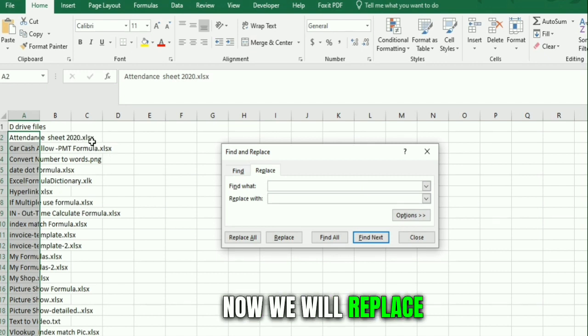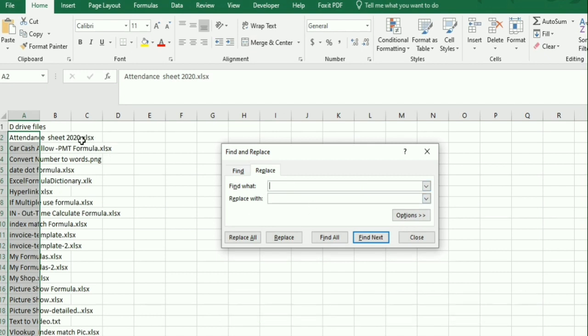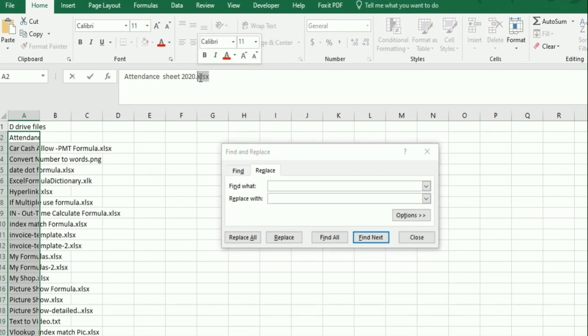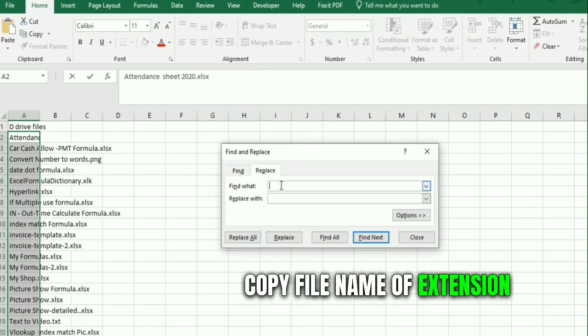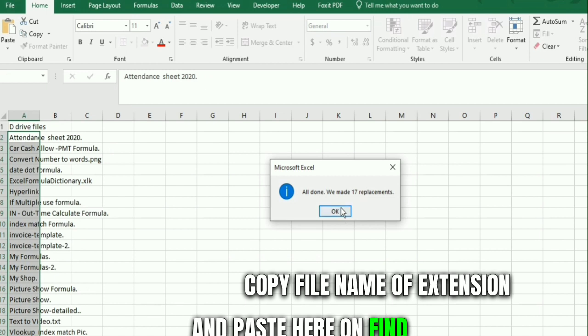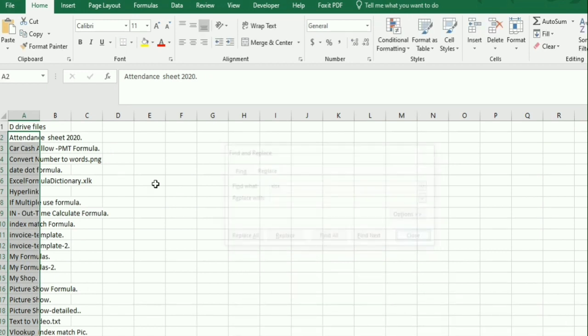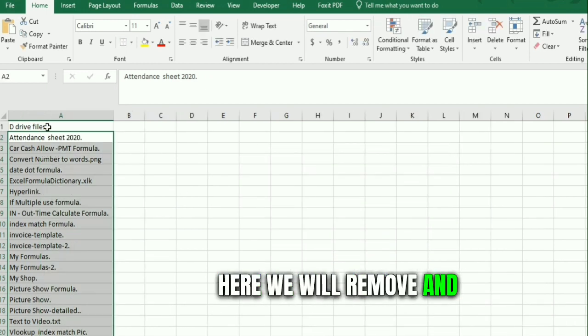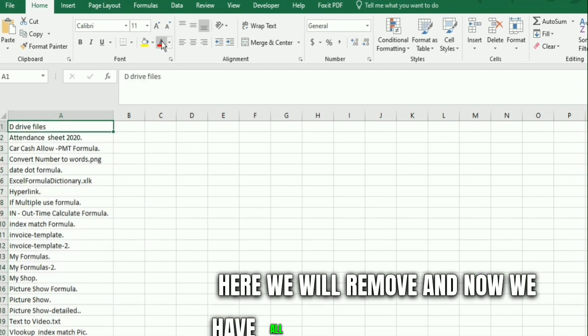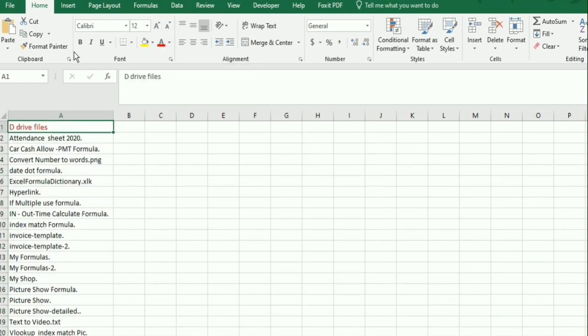Now we will replace extensions right here. Copy file name of extension and paste here on find and remove tab. Here we will remove and we have all the file name of the drive